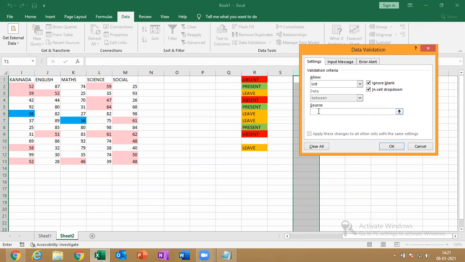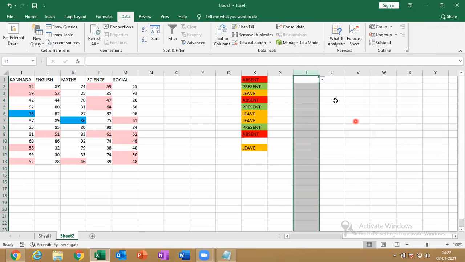In the source, just type absent, comma, present, comma, leave, or else you can select the range also. Just give OK. Then click here, select absent, present, leave. Or you can type directly also.